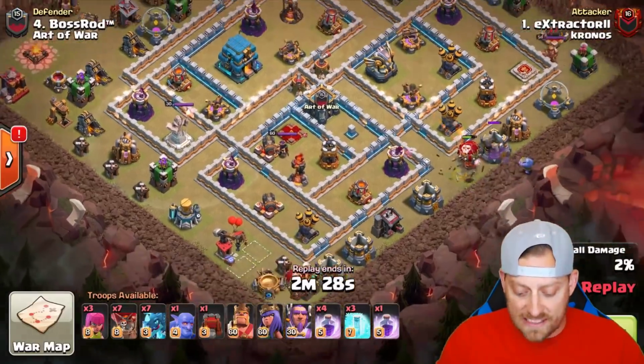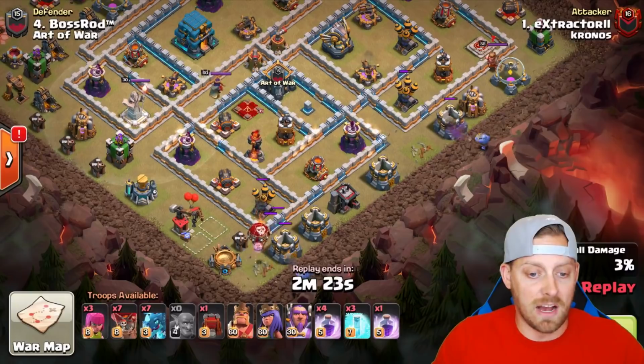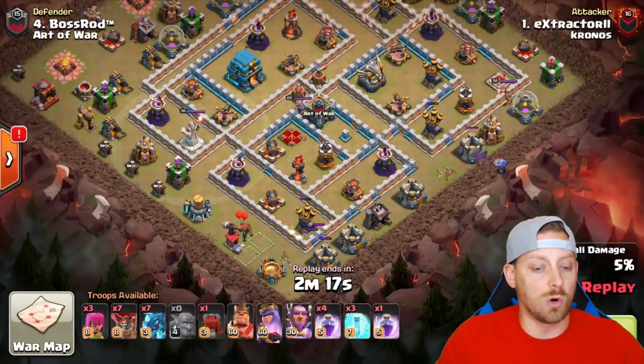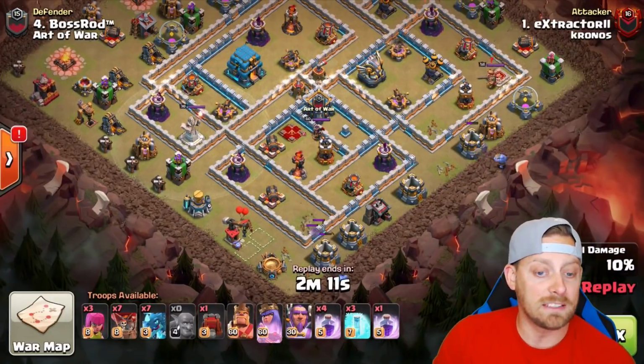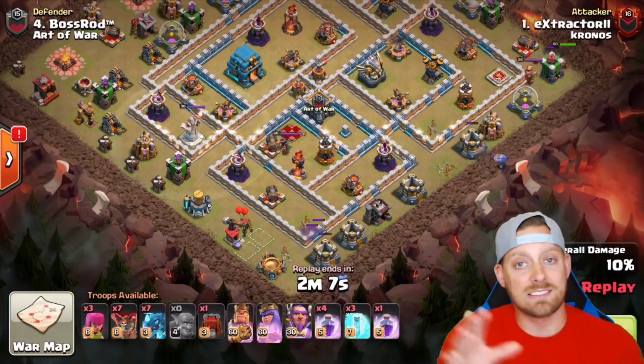And the Asto Drag is primarily Electro Dragons with balloons in behind. We have some bowlers coming in to kind of just clean up some of the outside stuff. Notice all the freeze spells and rage spell. That's all you're going to have in this attack. And the plan is to kind of push through the base, utilizing those Electro Dragons as tanks, taking